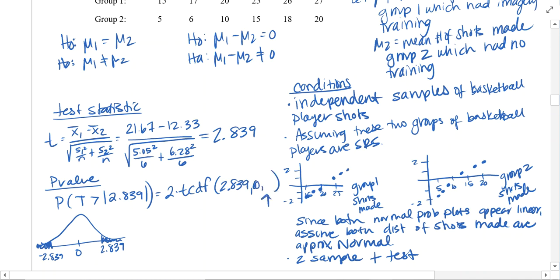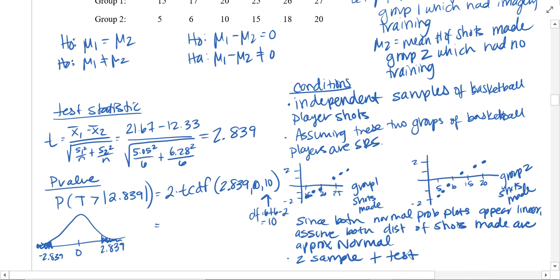And then what are the degrees of freedom here? This is the special case. So if you go back in your notes like a page I highlighted, hopefully you at least underlined, when the sample sizes are the same, there's a special case. So here they're the same, so you're going to add them together. So 6 plus 6 and then minus 2. So here your degrees of freedom are going to be 10. Okay, if they're different sizes, you take the smaller one minus 1. But since these both have the same sample size, watch out for that. Degrees of freedom are 10.